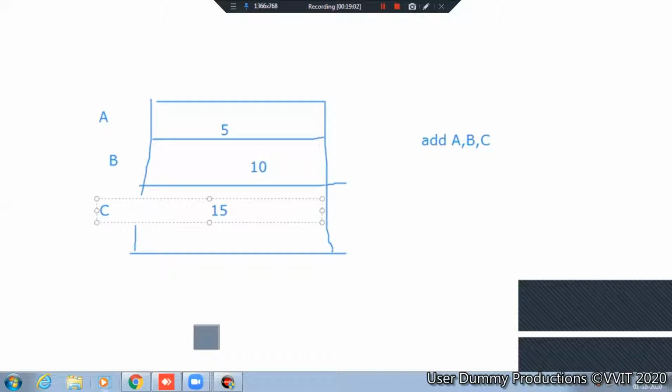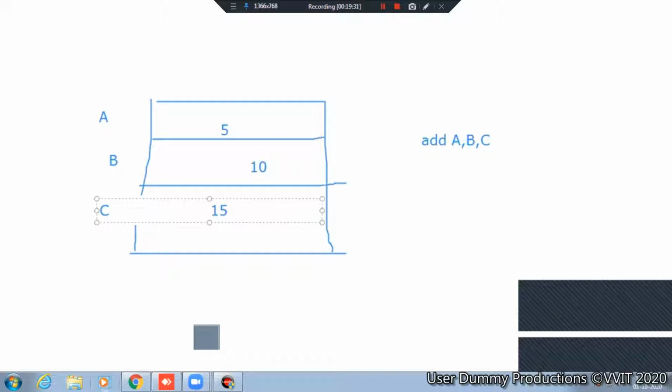So in the C memory location the content will be stored. Here, what have they done? Move B comma C, add A comma C. So the content of memory location B is moved to C. Then add A comma C: adding the content of memory location A with C and saving the result in C only.